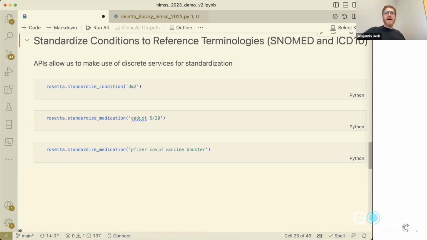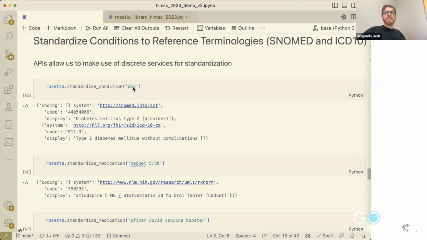So as an example, let's say I take DM2, right, free text, and I hit an API. This is a standardized condition API from Rosetta. What I get back is the SNOMED code for type 2 diabetes and the ICD-10 code for type 2 diabetes. I can do a similar thing with standardized medication.